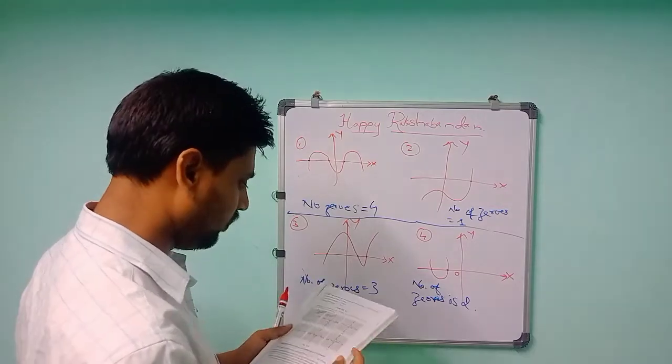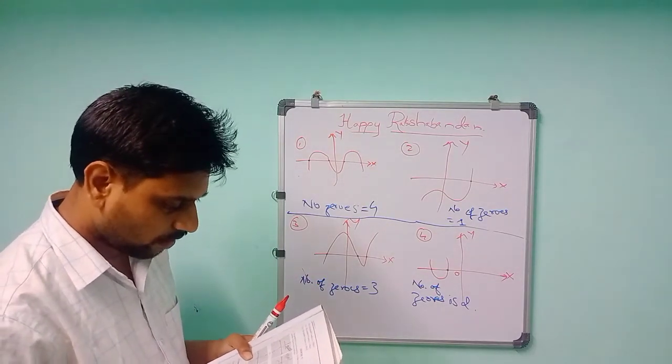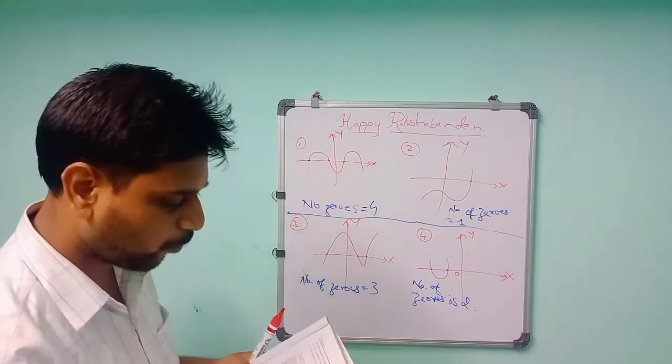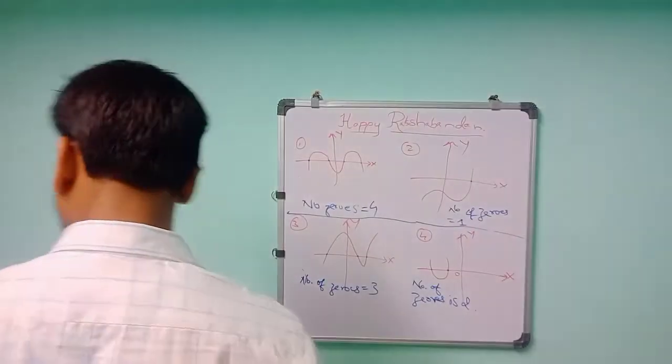Then if you see like that in the 6th problem, it is at 1 point, 2 point, and 3 point. It is intersecting at the 3 points. So the number of zeros will be 3. Next topic is